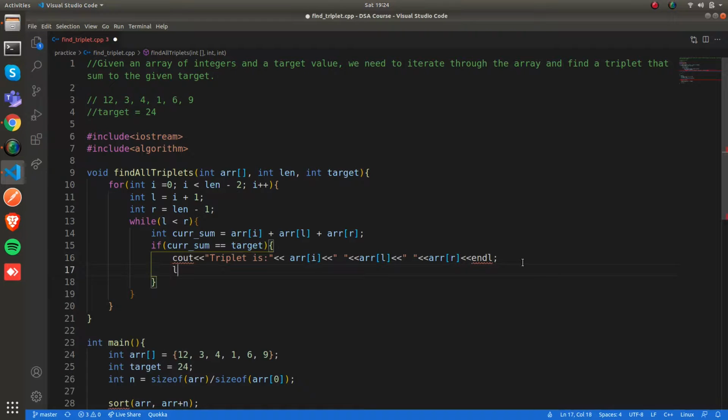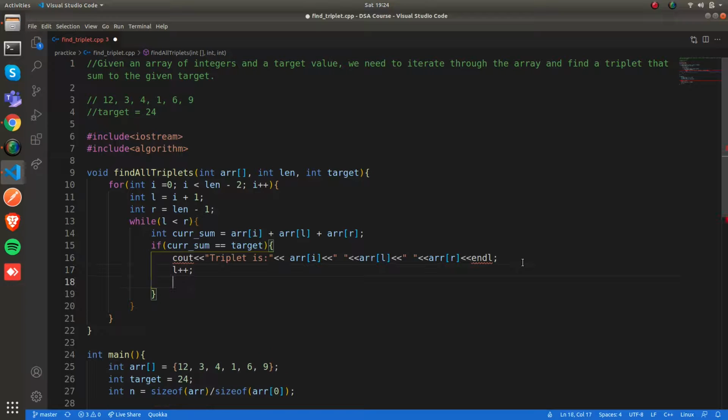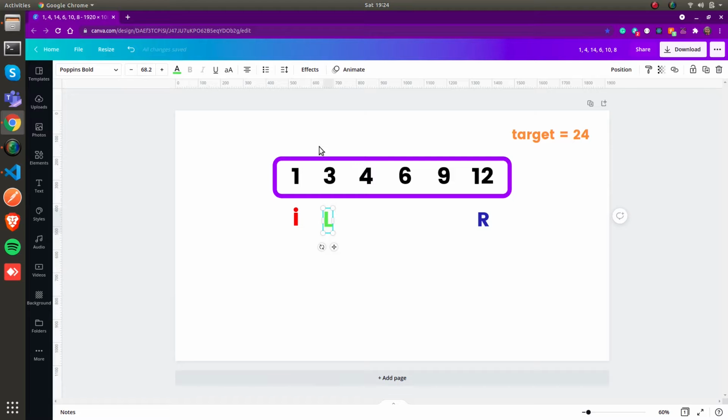So we can increment the left pointer and decrement the right pointer, to check whether there are any other triplet in that two pointer algorithm.